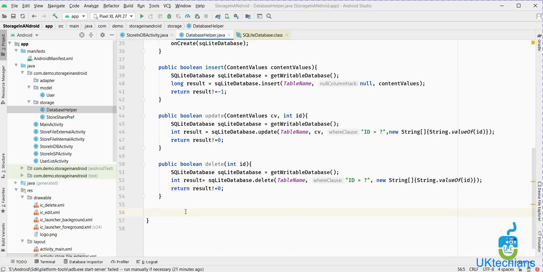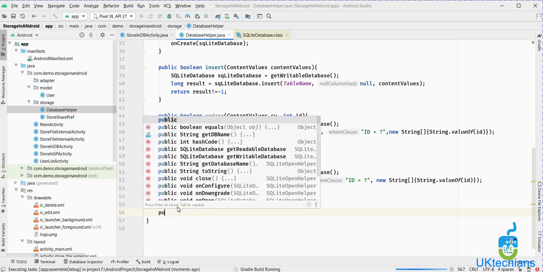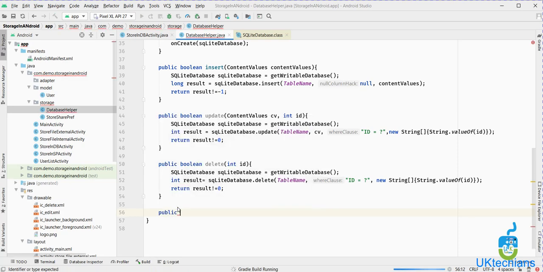And the last one is about fetching the data, to create a list of data stored in the database. So let's create the function list of users, for which we have created a model, and then we will say fetch list.